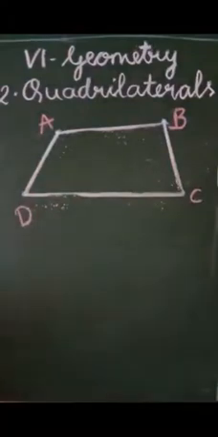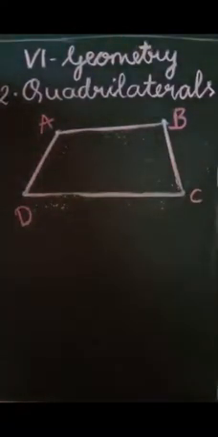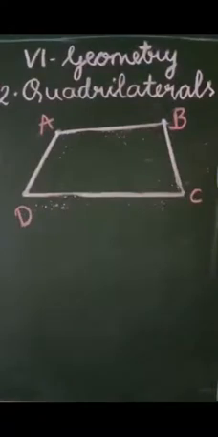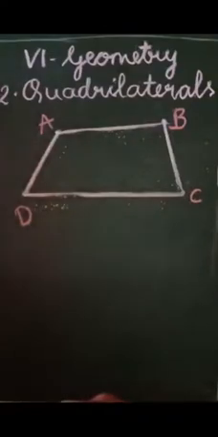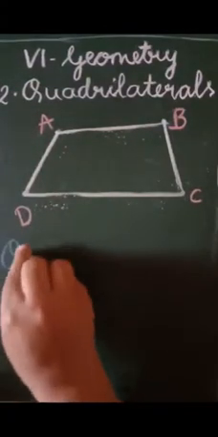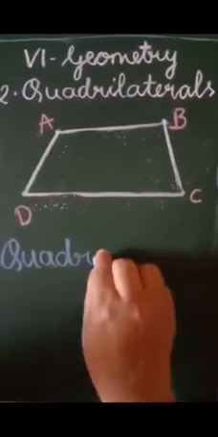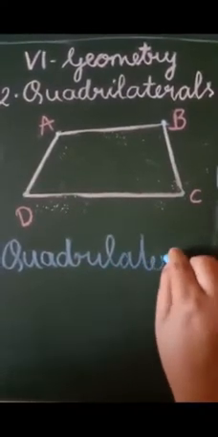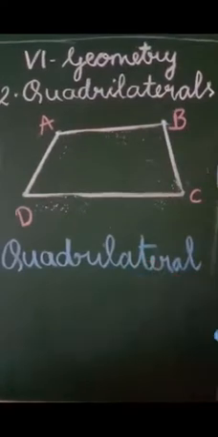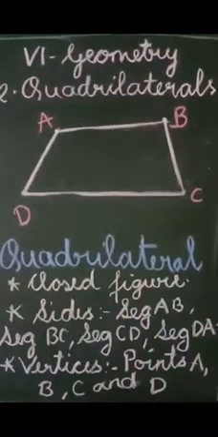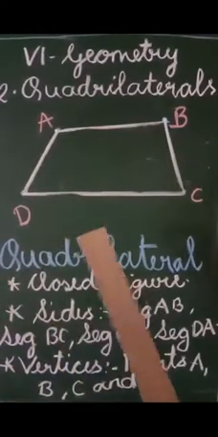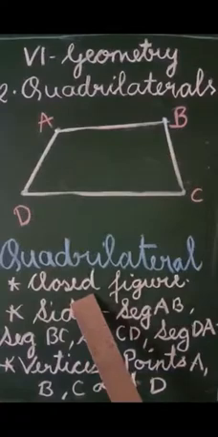So now if we look at the figure, is it a closed figure? Yes, it is a closed figure. So the figure obtained by following the given rules is called a quadrilateral. What is the figure called? Yes, children, it is called a quadrilateral. Okay. So it is a closed figure. So my dear students, we have already learned that a triangle is a closed figure. In the same way, a quadrilateral is also a closed figure.